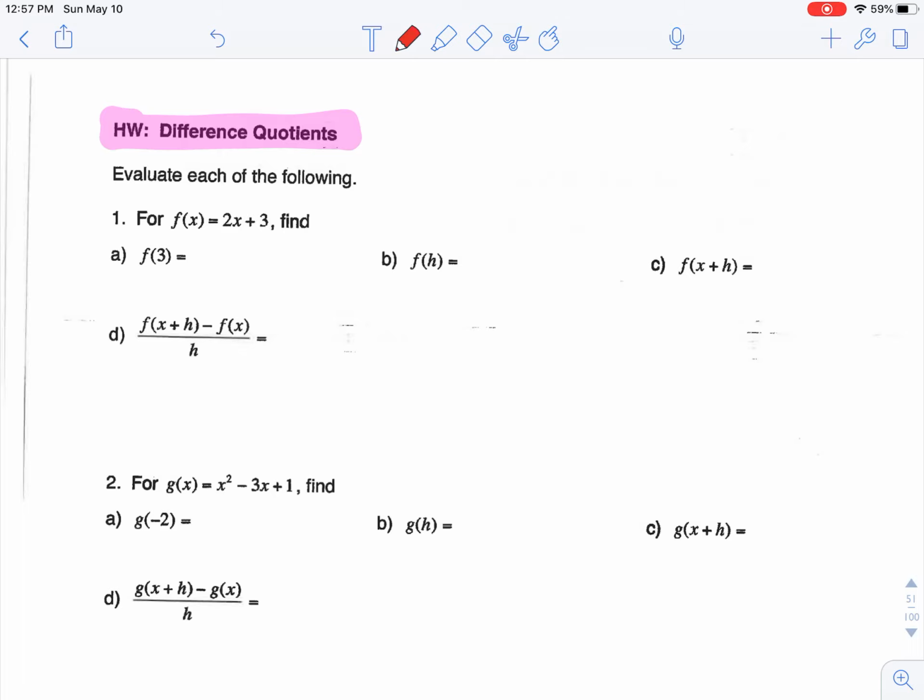Well, it kind of is exactly what it sounds like. It's the difference, which means subtraction, and a quotient, which means divide, right? So we're going to be dividing two things that we are subtracting, right? So a difference quotient. So there's examples in each of these of what a